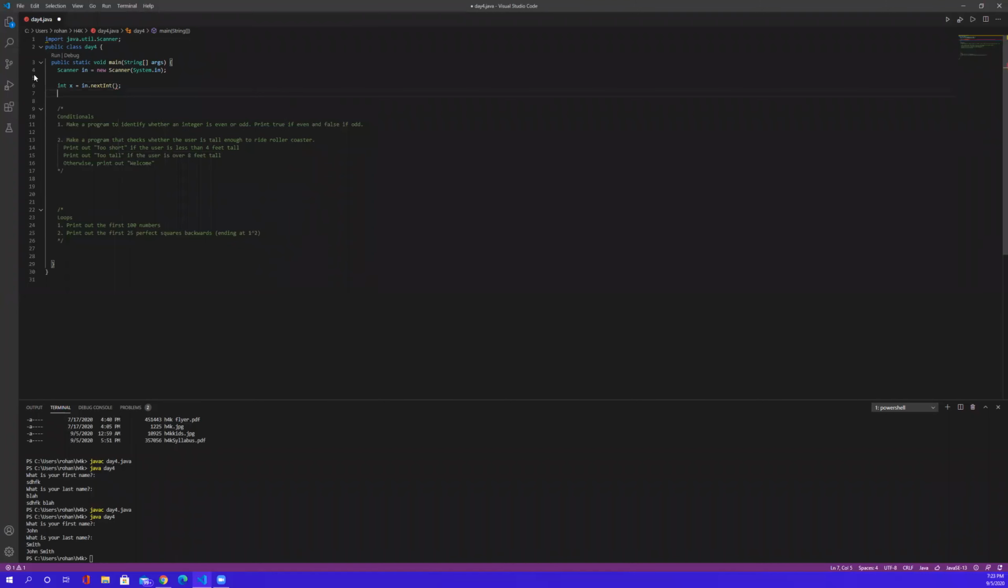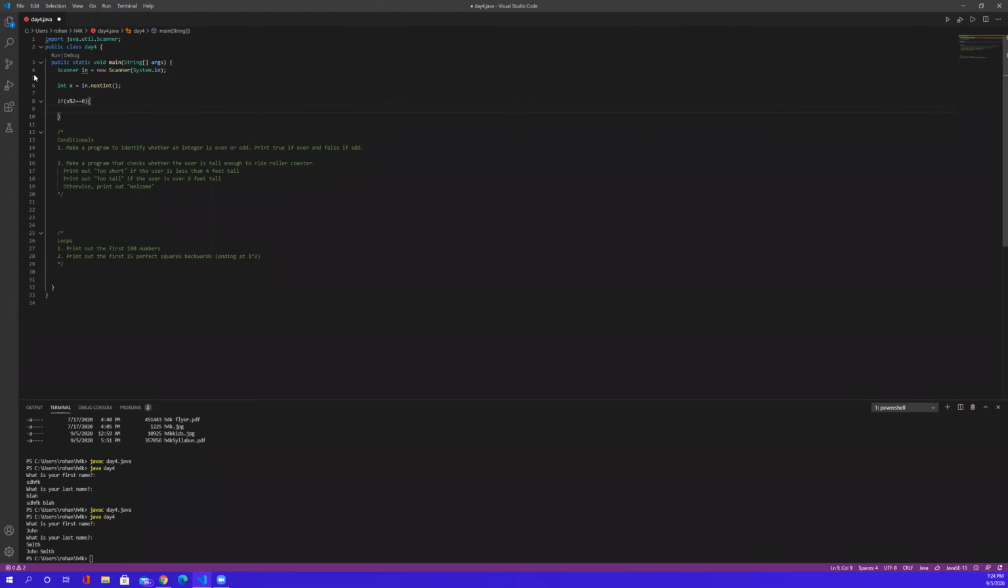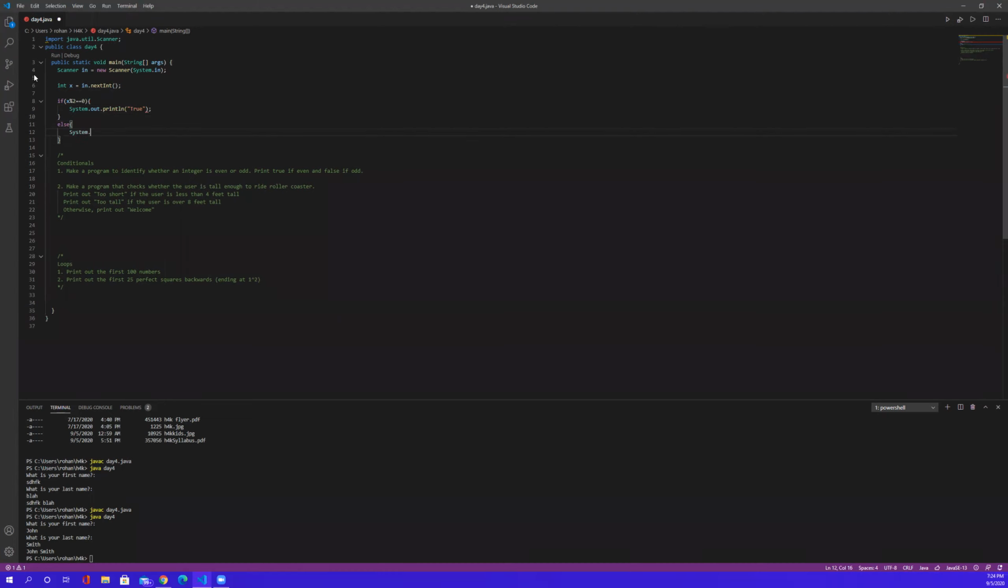right? Now we're going to begin our algorithm. So if x mod 2 equals 0, I say equal, but that basically means testing if the value is equivalent on left and right hand side. So if this is true, then that means it's even. So we're going to print out true. We could print anything, but the prompt asked to print out true. So else, if this condition is not met, we're going to print out false because it failed,